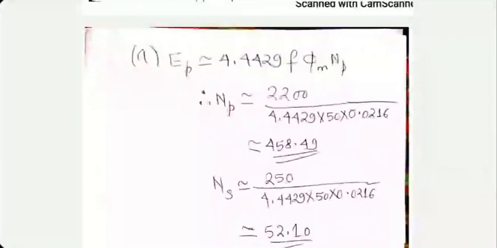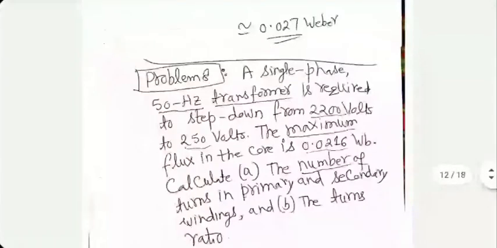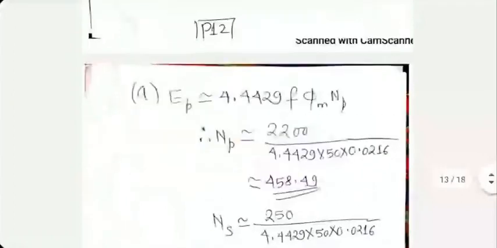Do the calculations. I'm sure you can figure out the number of turns in primary and secondary very easily because you know both the EMFs. The golden rule is, if you are given nothing about losses in the winding, assume they are not there. And if you are given nothing about the core, assume that core losses are negligible. Whatever is not given, you assume it's not important. That's the way we work in machines, in electrical machines at least.